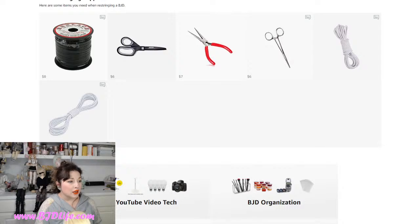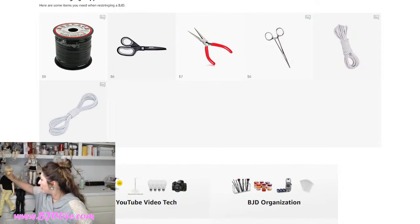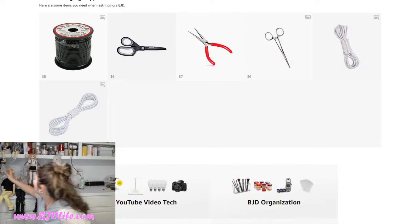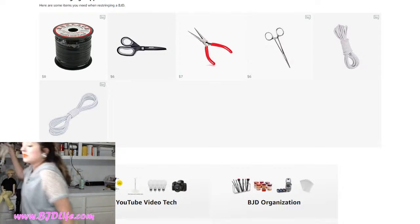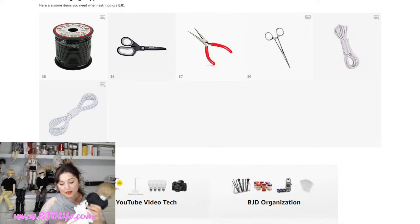Hello Morgana, hello Isabella. Yeah, I kind of just started. I'm just looking at some of the string that I ordered in comparison with my actual dolls. I'm gonna take a look at this girl here too. So in my MSD here, if I open her up, you know what? This looks probably more fitted towards MSD dolls, to be honest with you. So I'm opening her up here and taking a look at her